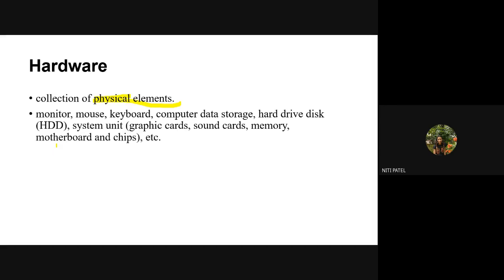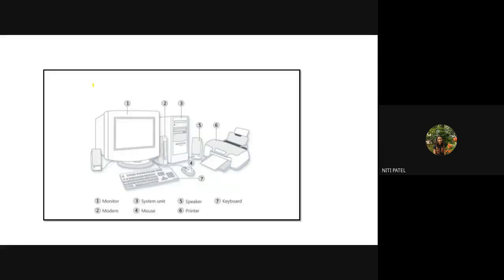Then you might have seen some small black or green chips on the motherboard. What are those? Those are nothing but ICs. Those ICs are called chips. Now you'll get to know this in detail when you go to the higher semester. But right now just remember the other components which you can feel on the motherboard, green in color, or black in color with a brown coil on it. All these are considered to be ICs or chips. They are also considered a part of your motherboard. So all these components, whichever you touch and feel, are considered to be the hardware of the system.